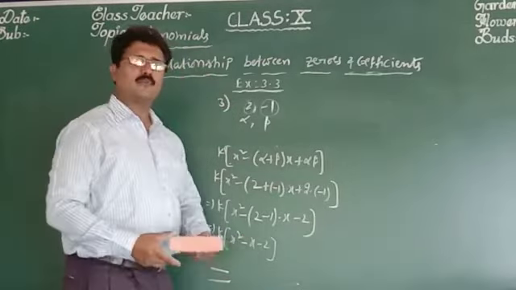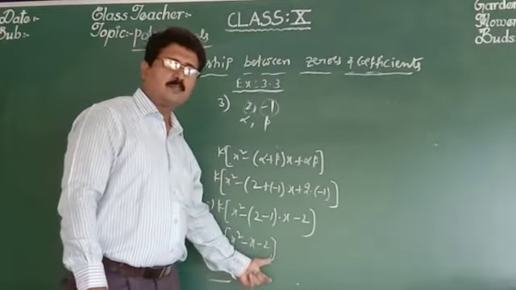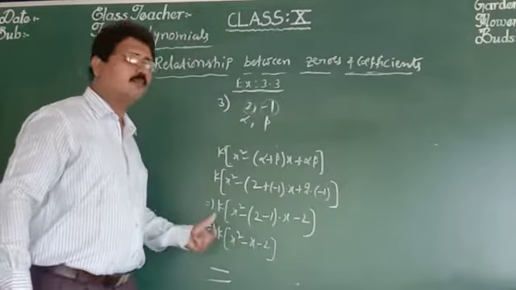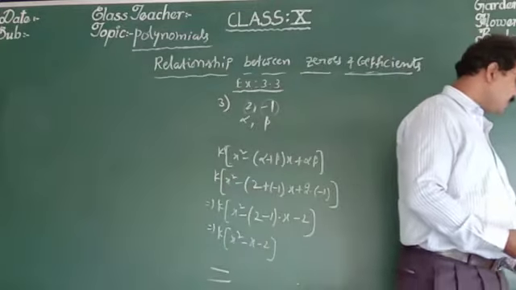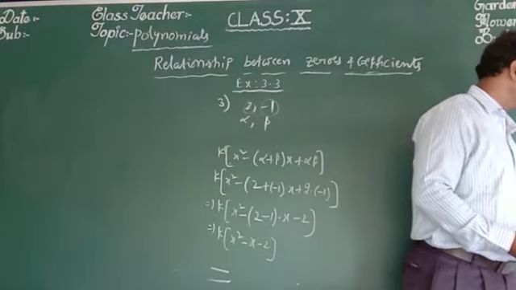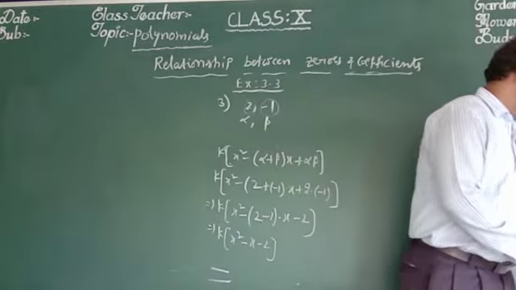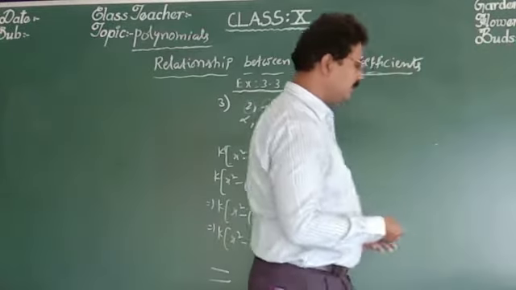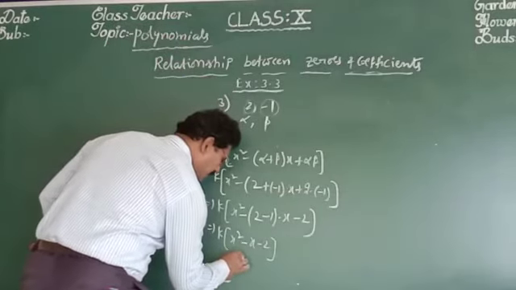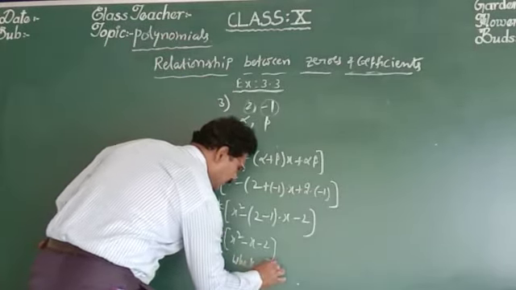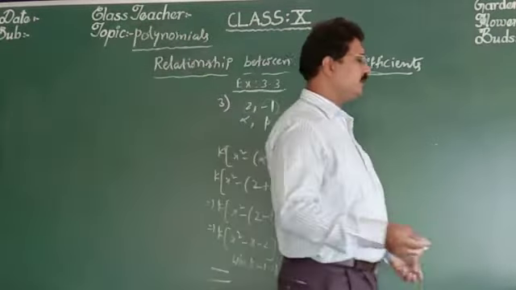For all the values of k, put k equal to 1, 2, 3, 4, and different answers will come. If a denominator is there, then only you put the value of k and write the answer. So note down: k of x square minus x minus 2. Now go for the next problem. If you want to leave the problem, you can leave. Otherwise, put k is equal to 1. When k is equal to 1, your answer is x square minus x minus 2. Otherwise, you leave it with different values of k.